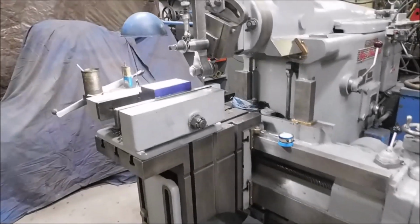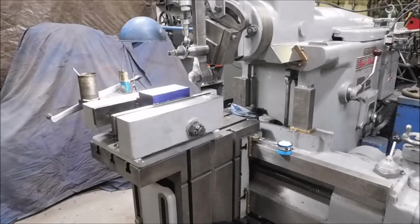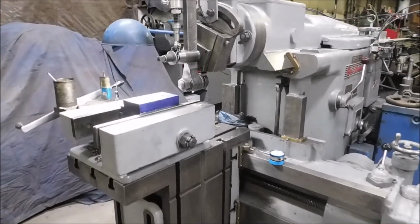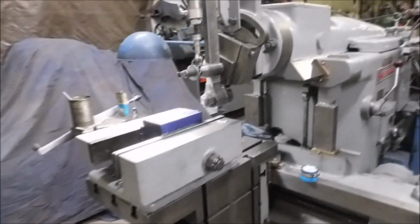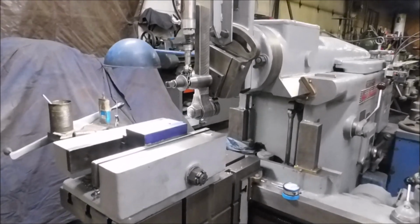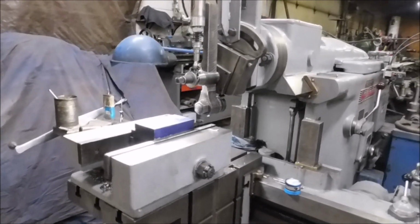Well, we're working on the big T-nut some more. Started doing some work on the steps. So I actually got one step done and got everything figured out. Working good where I want it to, so